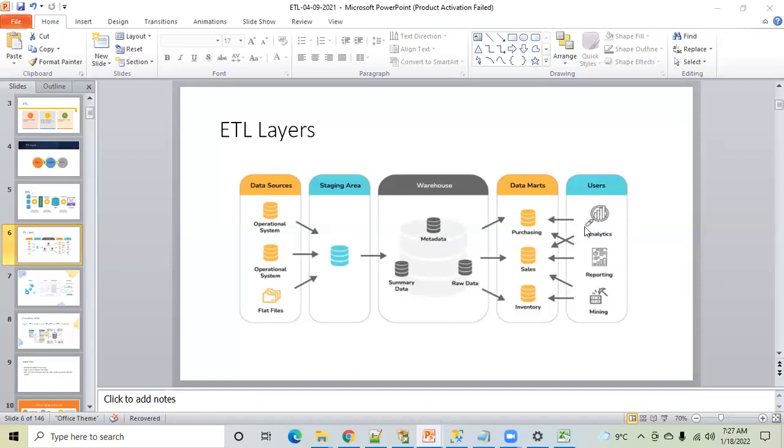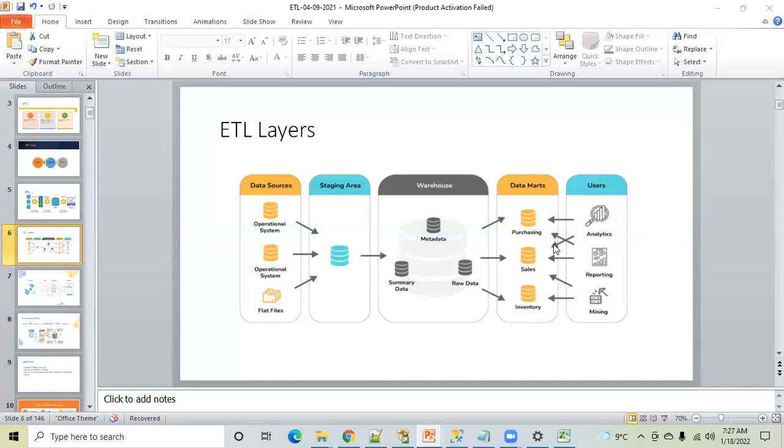Suppose I want to create a report for purchase: how many goods we have purchased, what was the costing, how much tax we have paid. I will directly connect my report to this purchase data mart. I don't have to connect to sales and inventory. Similarly, if I want the sales report, I will connect my report to the sales data mart. Is that clear?